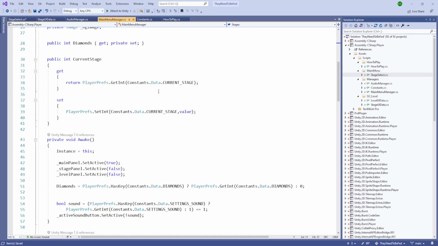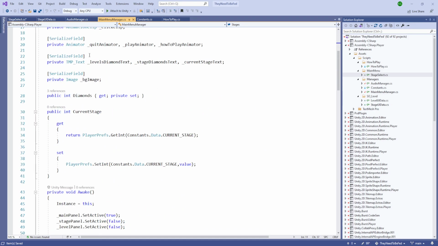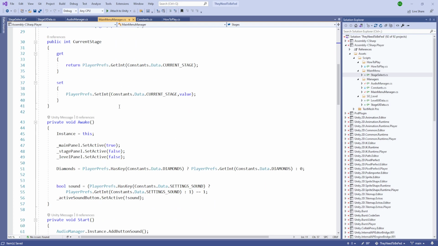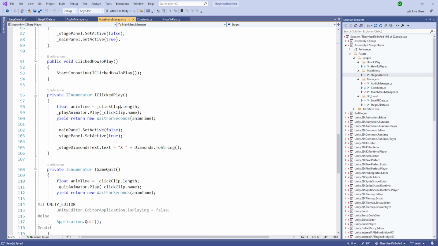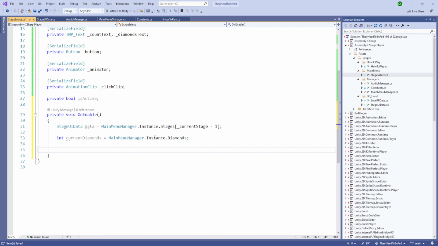So both are inside our get and set. It should not change. So we have the diamonds, and is active is going to be the current diamond is greater than or equal to data.diamondsRequired. So if it is active,